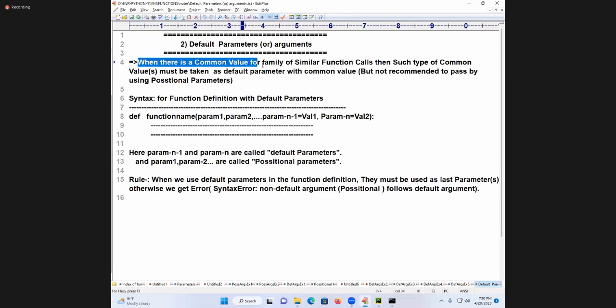When there is a common value for a family of similar function calls, such common values must be taken as default parameters with a common value, but it is not recommended to pass them using positional parameters. What is the syntax for a function definition with default arguments? def function_name(param1, param2, ..., param n-1 = value1, param n = value2):